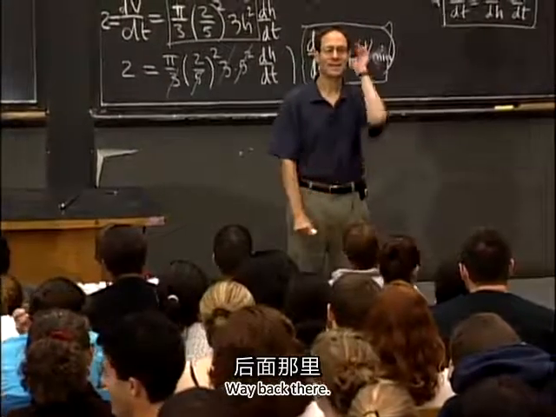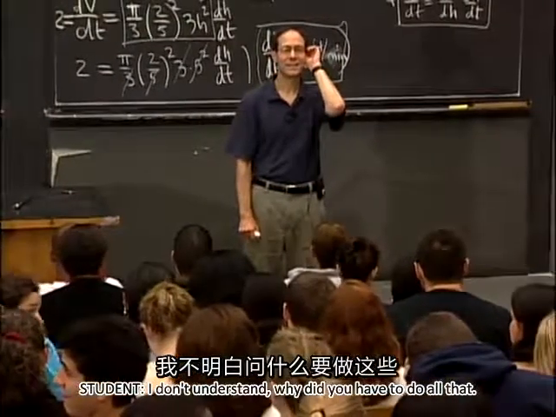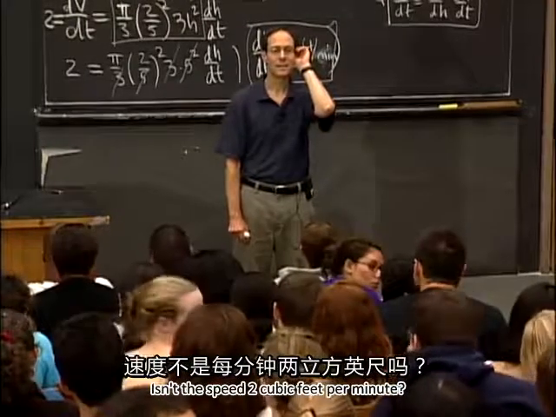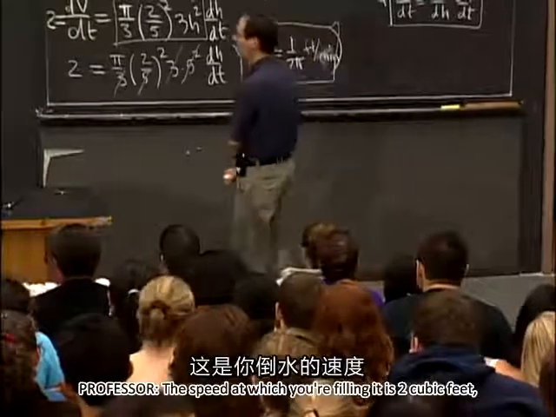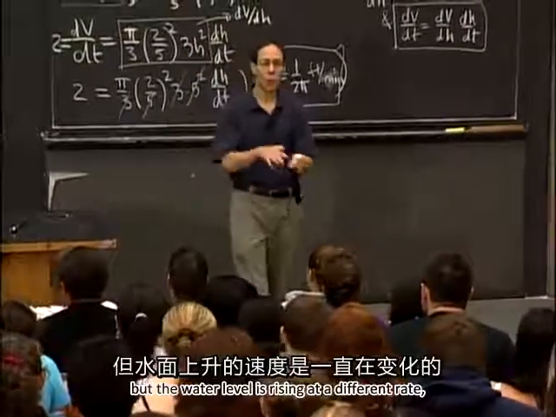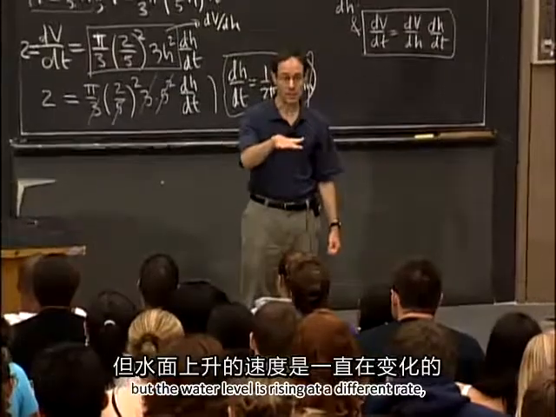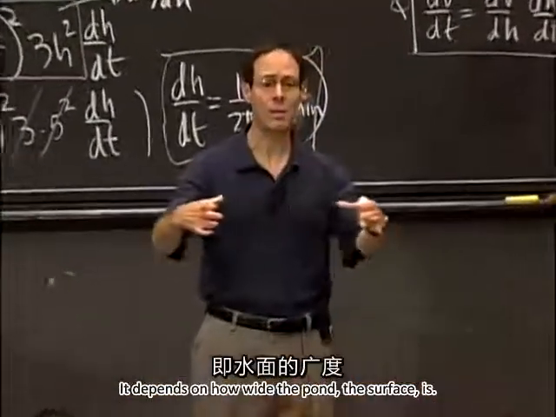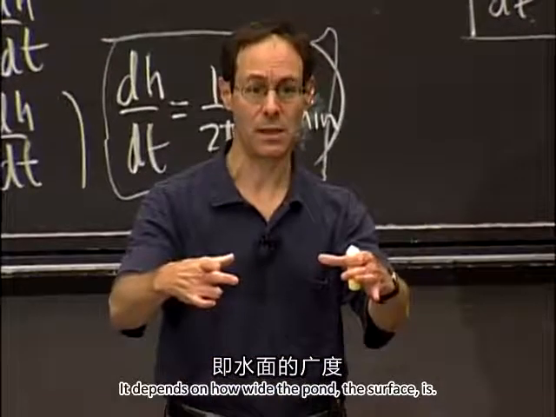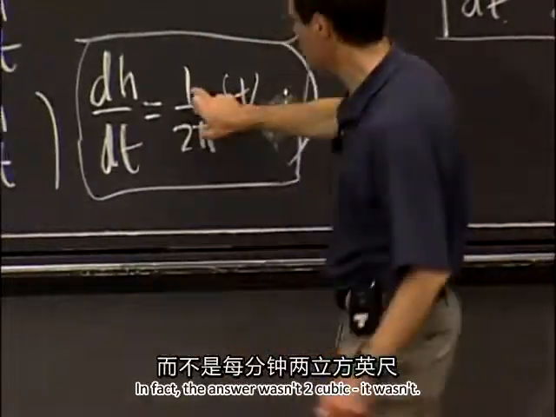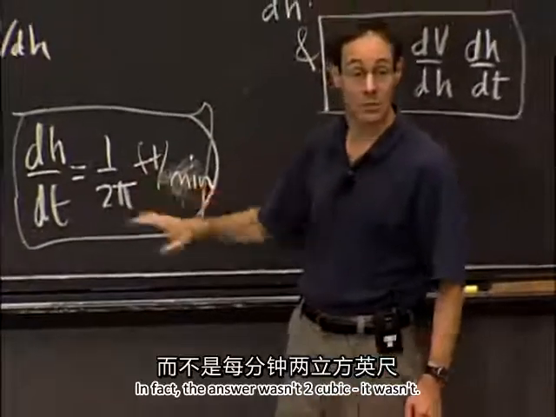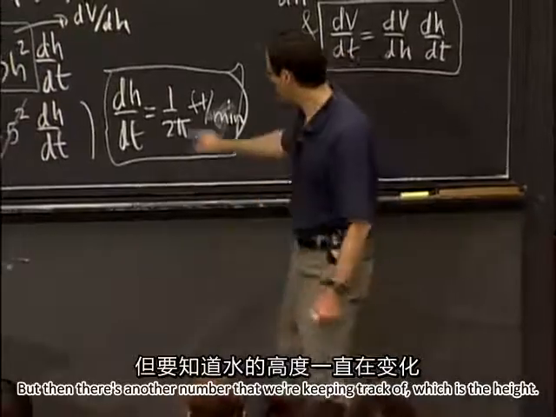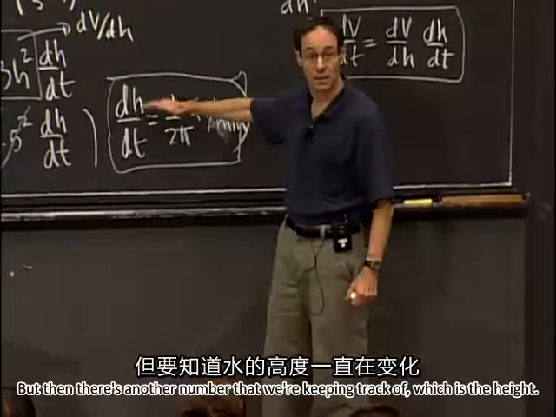Way back there. I don't understand. Why did you have to do all that? Isn't the speed 2 cubic feet per minute? The speed at which you're filling it is 2 cubic feet, but the water level is rising at a different rate depending on whether you're low down or high up. It depends on how wide the surface of the pond is. So in fact, the answer wasn't 2 cubic. There's a rate there. That's how much volume is being added. But then there's another number that we're keeping track of, which is the height, or if you like, the depth